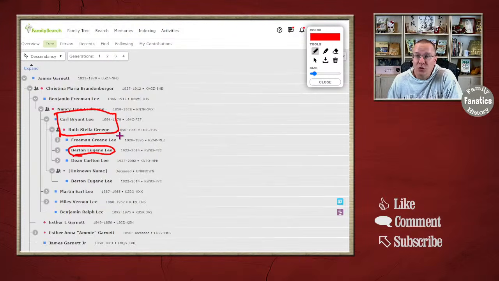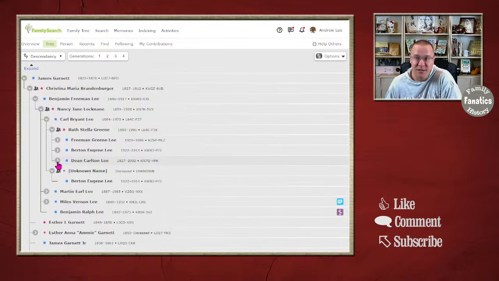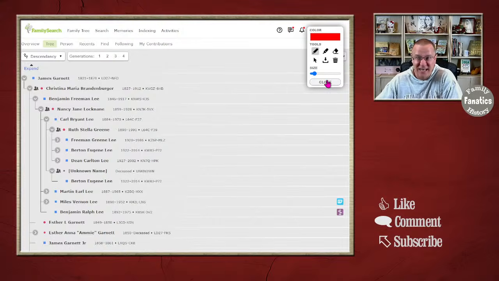You'll notice that there are some possible people. They had two other children, Freeman and Dean. Now, we actually know who those are, and there's a couple of kids from that, but from a DNA testing standpoint,